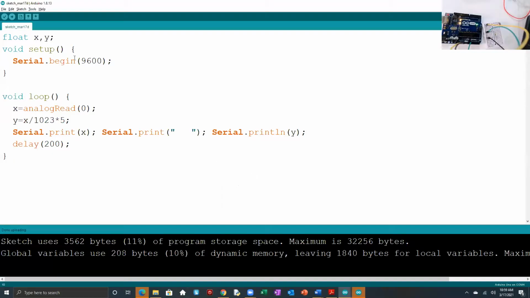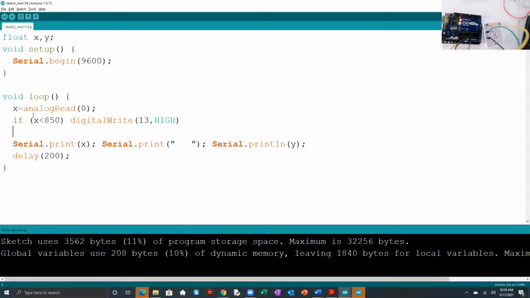So I'm going to use the same code there. Right? So if X is less than 850, that is my value. Digital write 13 to high. Else